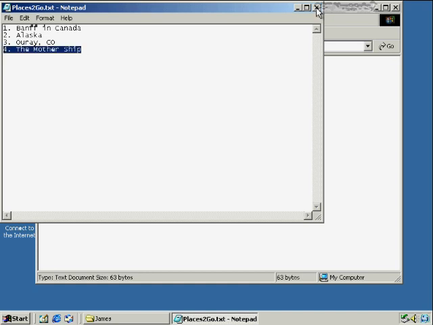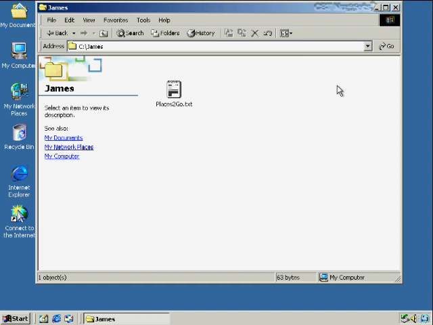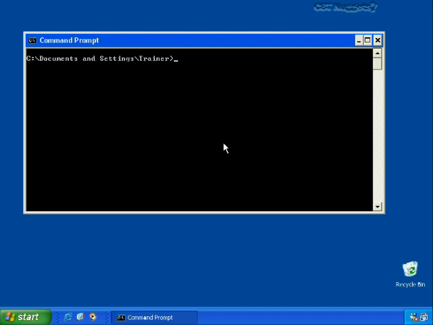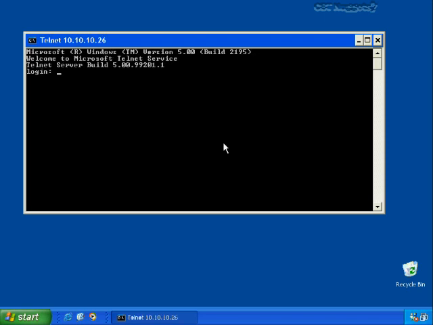Okay, so now I want to take a look at maybe this file remotely using Telnet. Here I just went to XP for the sake of variety, and I'll Telnet to the IP address of that computer we were just looking at, which was Windows 2000. That would be 10.10.10.26 in this case. If you have a way of resolving the name, you could have also typed in the name. Now, it asked me for credentials. It's a brand new installation where I haven't created any accounts yet, so I didn't create a trainer account. So I'll just log in with the default